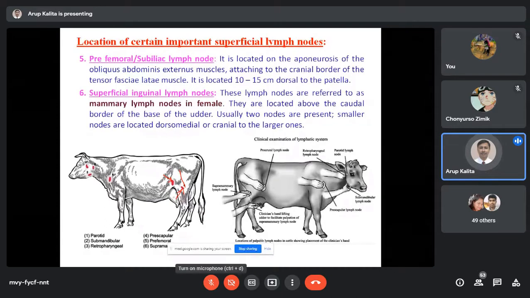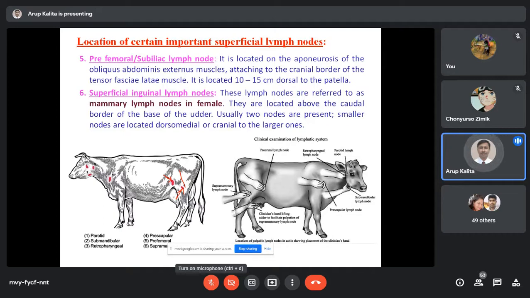Now, suppose these lymph nodes are swelling, that means that animal is suffering from some systemic disease. You cannot select that animal. Understand? Suppose there is a swelling of this lymph node. Now, what are those lymph nodes? I will tell you six lymph nodes. This lymph node, you have to feel it. You have to touch this lymph node. You have to check whether it is swelling or not. If it is swelling, then the animal is also suffering from some disease. So this is not the only criteria. This is one of the criteria to select the animal.